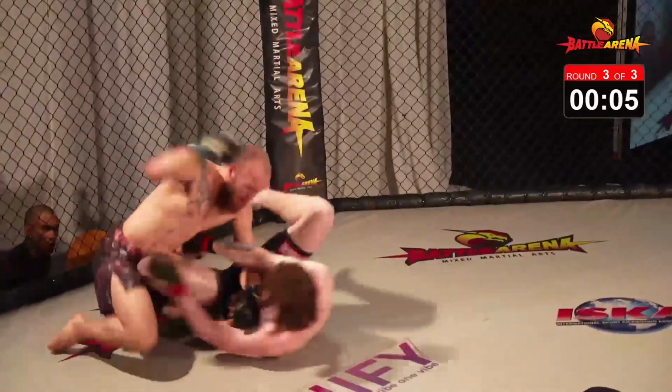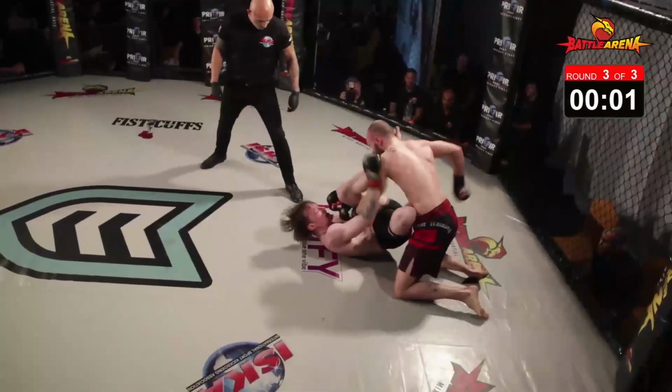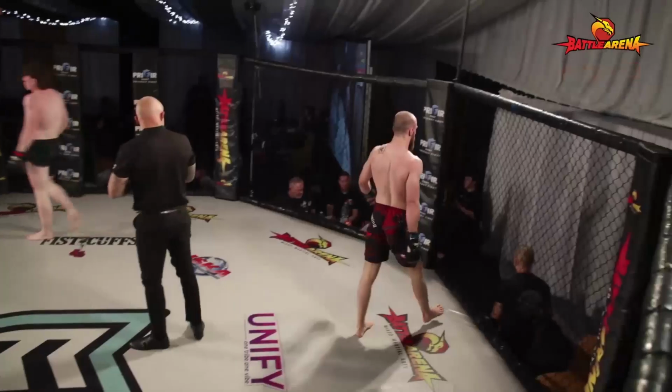Now again, and there's Lai gets his moment. And he's going to end it with thunderous hammer fists as we come to the final second of the round and the final second of the fight. Lai finishes on top, but...